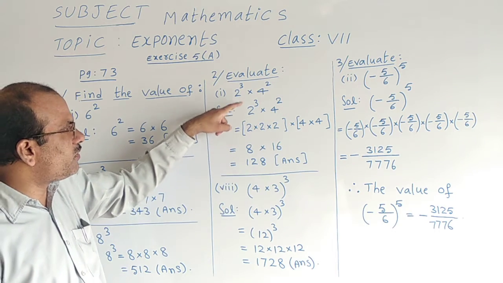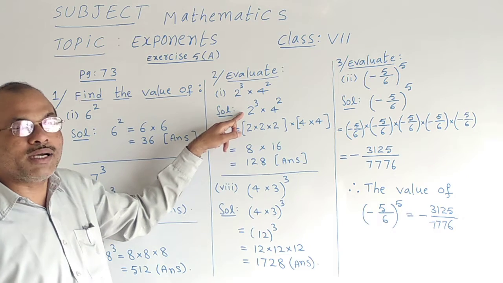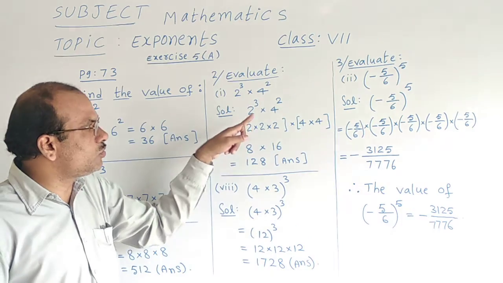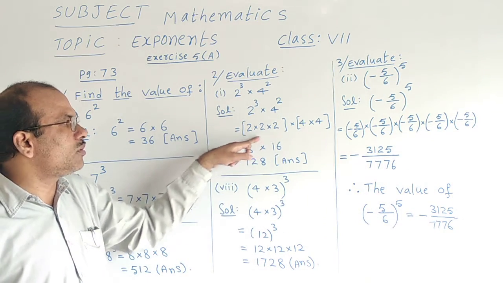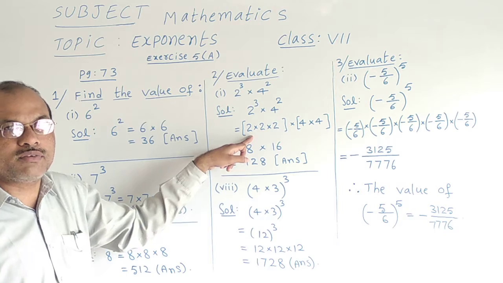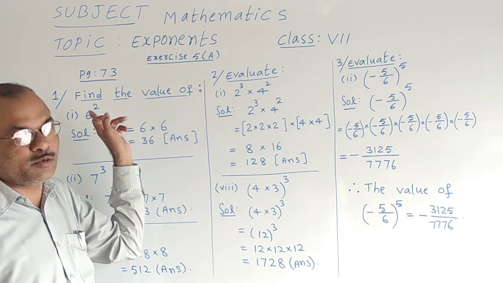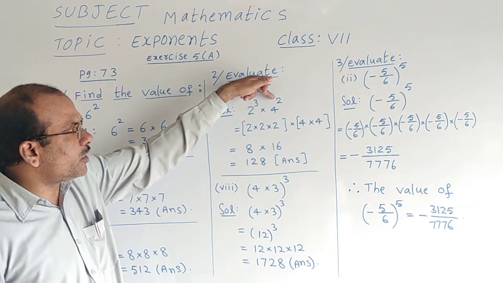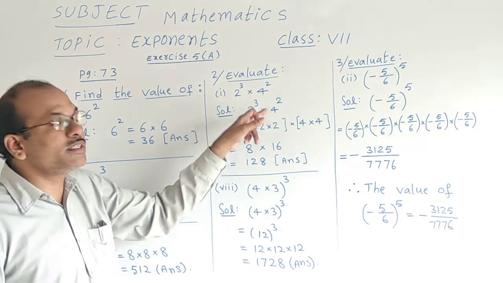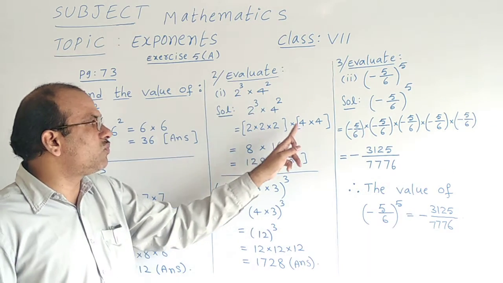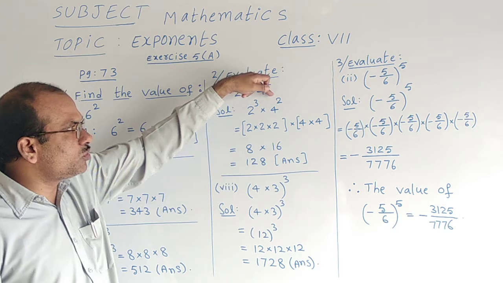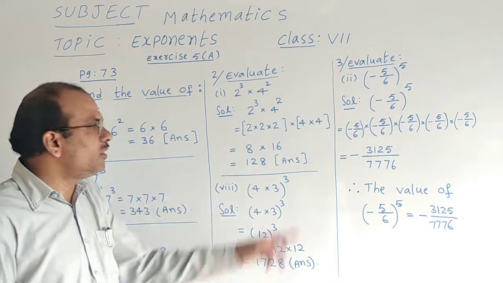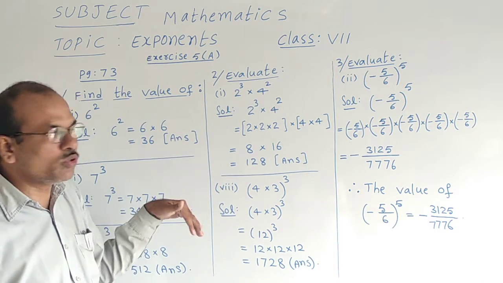Okay, now 2 power 3 is nothing but 2 should multiply itself 3 times. That means 2 into 2 into 2. I should write it 3 times. That same 2 I should multiply itself 3 times. We have already learned that part. Into symbol as it is. With another bracket, the other part 4 power 2. That is 4 raised to the power 2, called 4 into 4, because the power or index is 2. So 4 should multiply itself 2 times. 4 into 4.